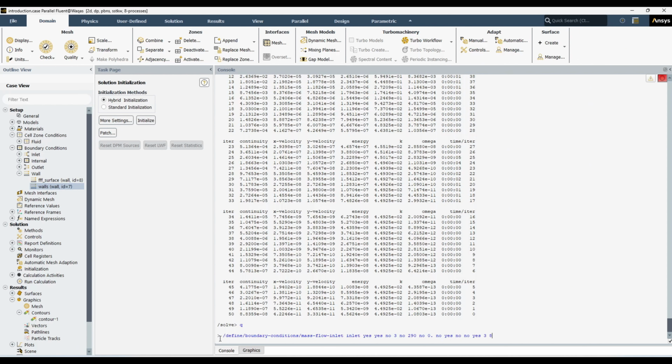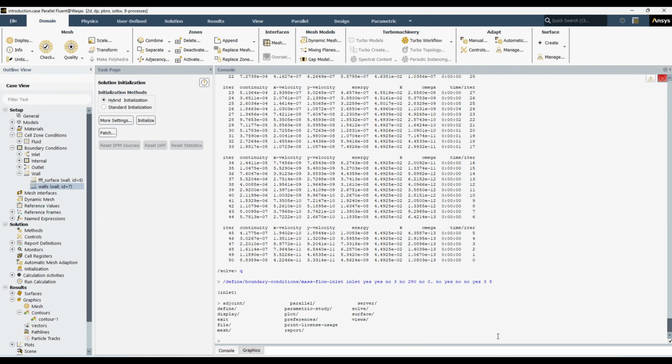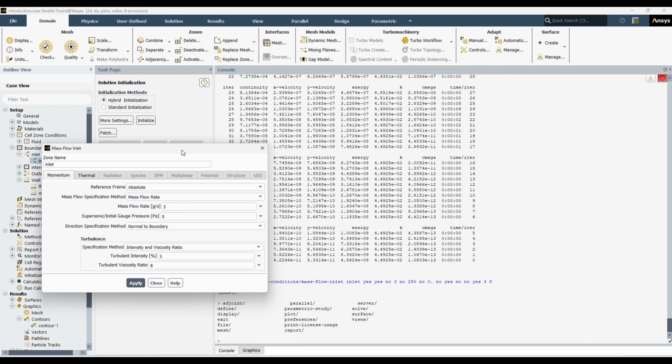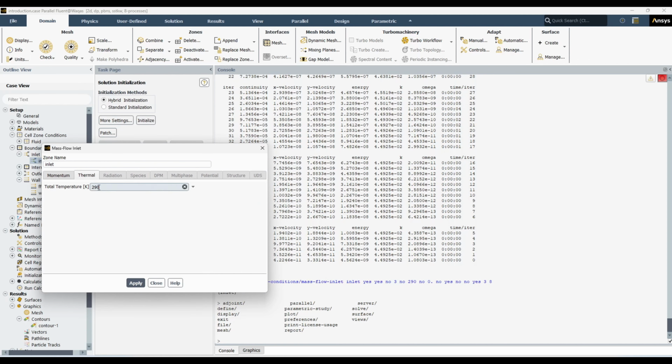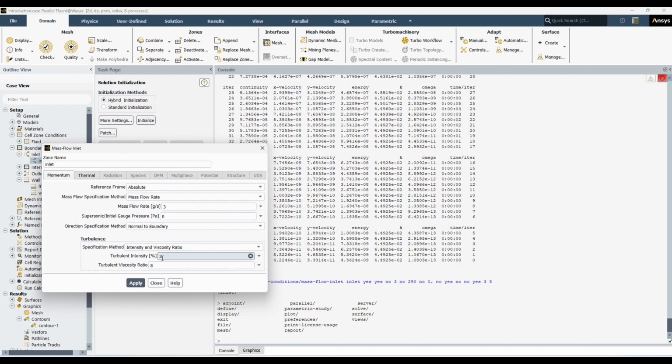So when I have written all these things in a single line and I hit enter, it has changed all these things within no time. And when you go over here, you can see